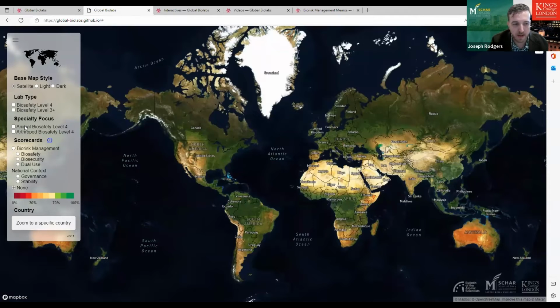We also have added animal biosafety level 4 labs, which have these cute little paw icons all around the world. And then there's also arthropod containment level 4 labs, and you'll see there's 2 here. You can, again, have multiple of these selected, but you cannot have multiple of